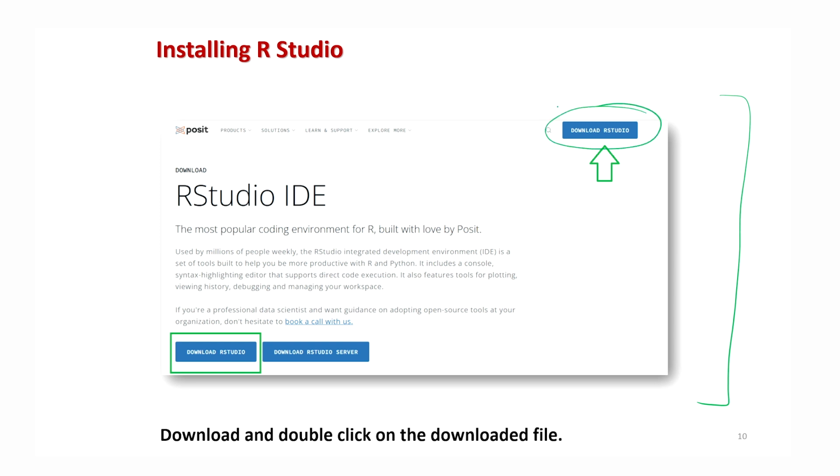You can click here or here, that's the same thing. Now you can choose whether you want to download R Studio or R Studio for server. Depending on your need, you can download it, and then you will get a file. You can save it on your computer or laptop, double click on it, and it will install the R Studio software on your computer.